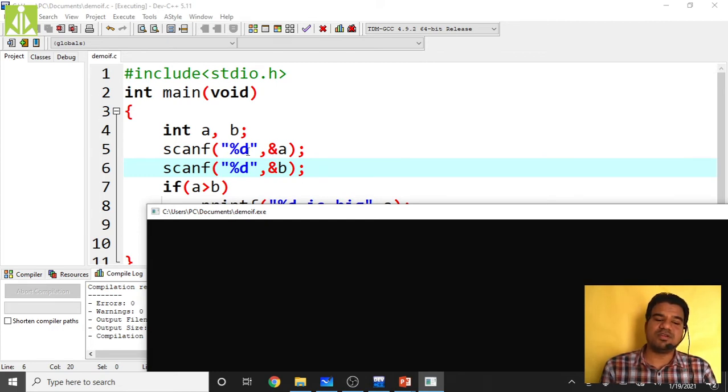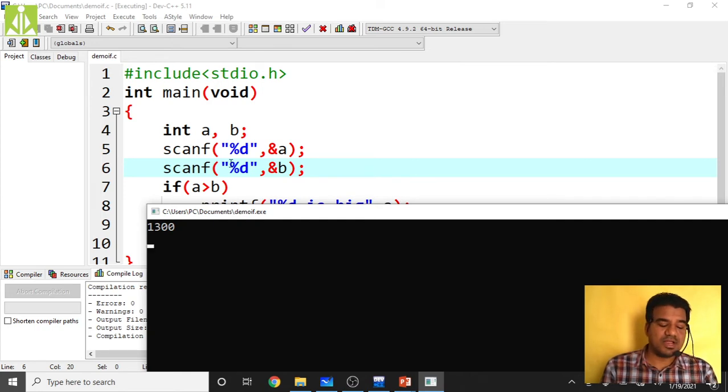Whatever integer value you pass over here will be stored inside the a variable. Let us say I give 1300. This 1300 will go to this location and be stored inside a. Now it is asking me for one more %d, one more integer value.